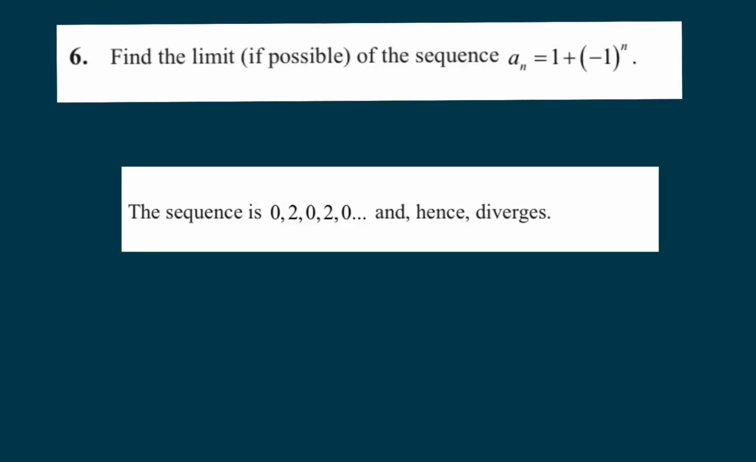Find the limit of the sequence 1 plus minus 1 to the n. So if you put it on the rectilinear line, the first term is when n equals 1. When n equals 1, this term is minus 1, so it will be 1 minus 1, which will be 0. So the terms will go: a1 is 0, a2 will be 2,